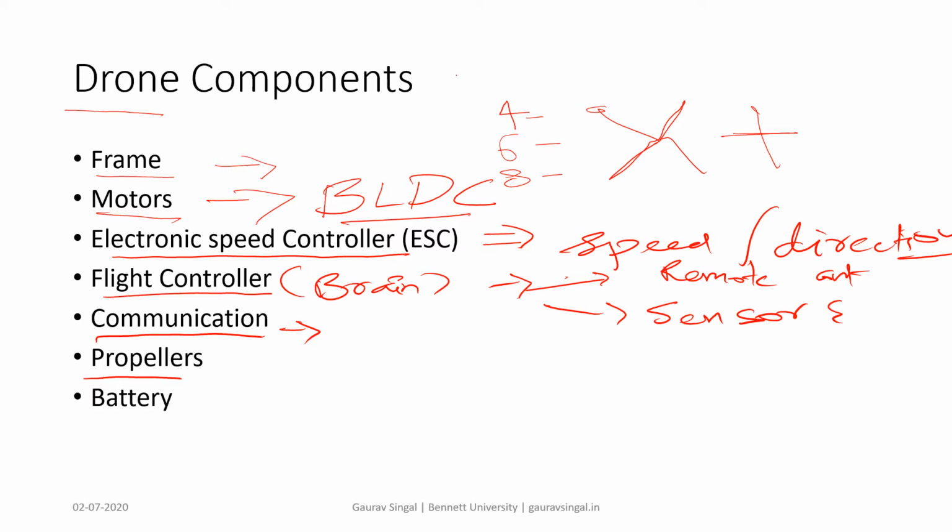So there are some components there. One more is the battery. We are using a LiPo battery in our case. The battery gives power to rotate the motors and to start the flight controller. All these things need power. Power comes from the battery, but we need a high discharge battery. That's why we are using a LiPo battery.